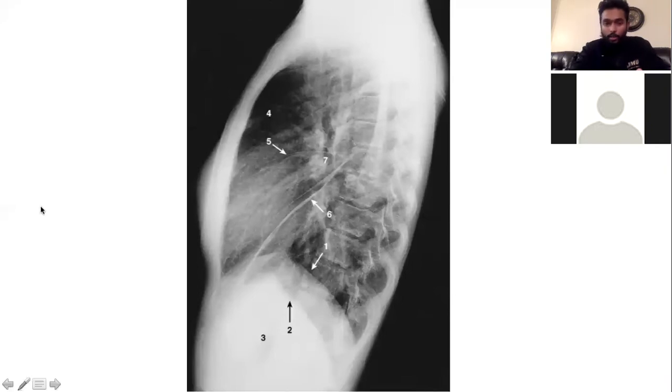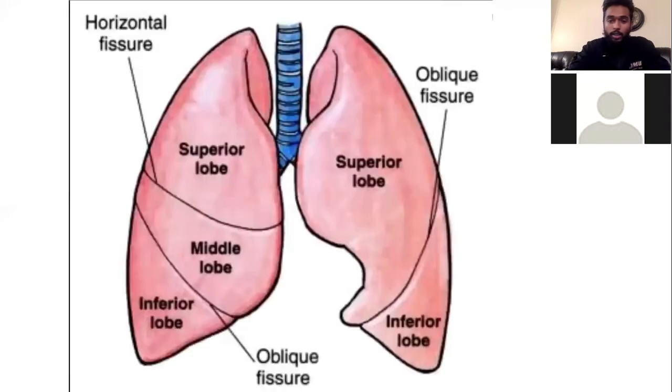But the thing is, if you see a lesion here, you're like, okay, that's upper lobe, definitely. You're going to have to go on the PA to see if it's on the right lung or left lung, because you can't see that on the lateral. I'll show you what I mean. Watch. Okay, localizing lesions. So this is what I'm talking about. You see the oblique fissure, you see that, right? And then only on the right lung, you have